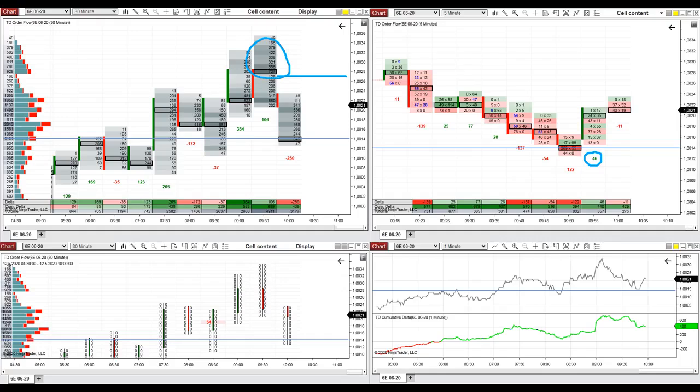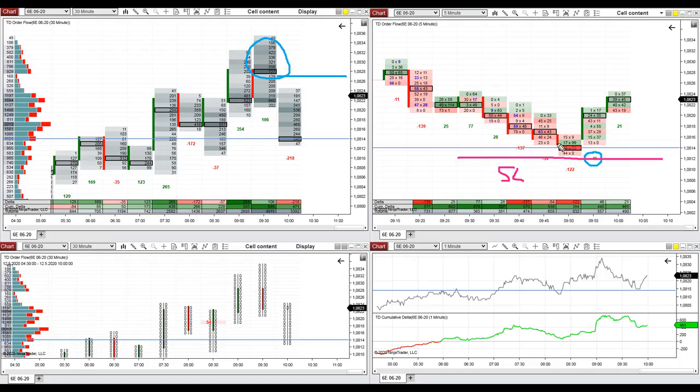Let me speed it up a bit. Right now it would be wise to move your stop loss below the reaction in here,